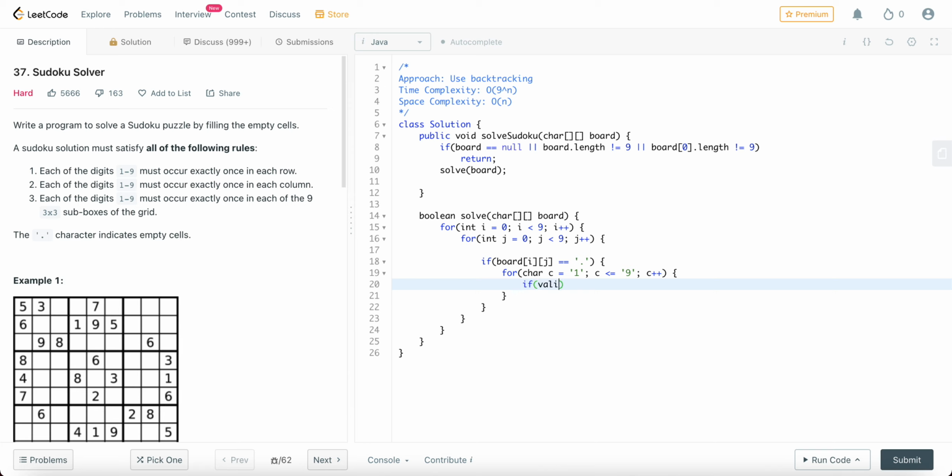we create a new method. Let's call it valid placement. And then you send the board. You try to send the row and the column. And then you add the character that you're actually trying to place. If it is valid, we'll do something. And how do we check whether a particular value is valid or not? So you have a Boolean value,